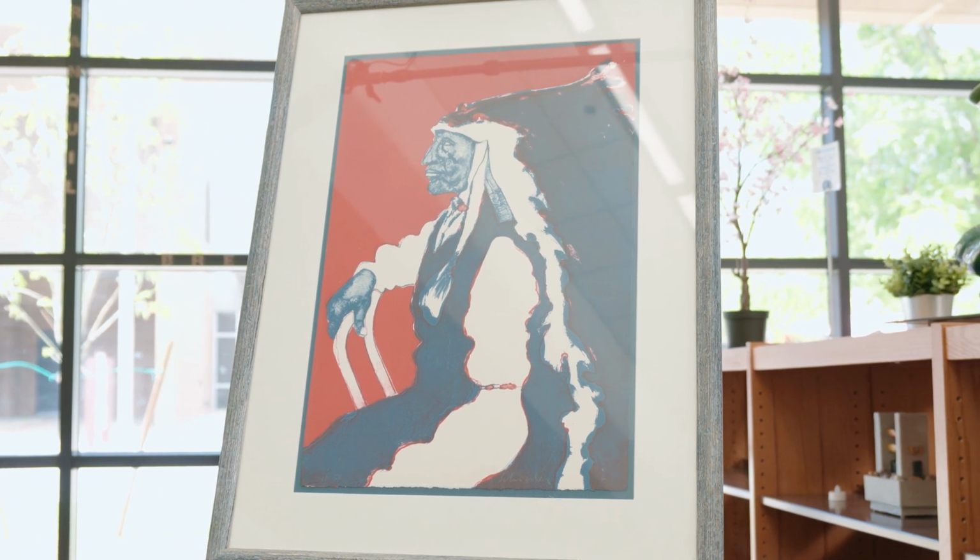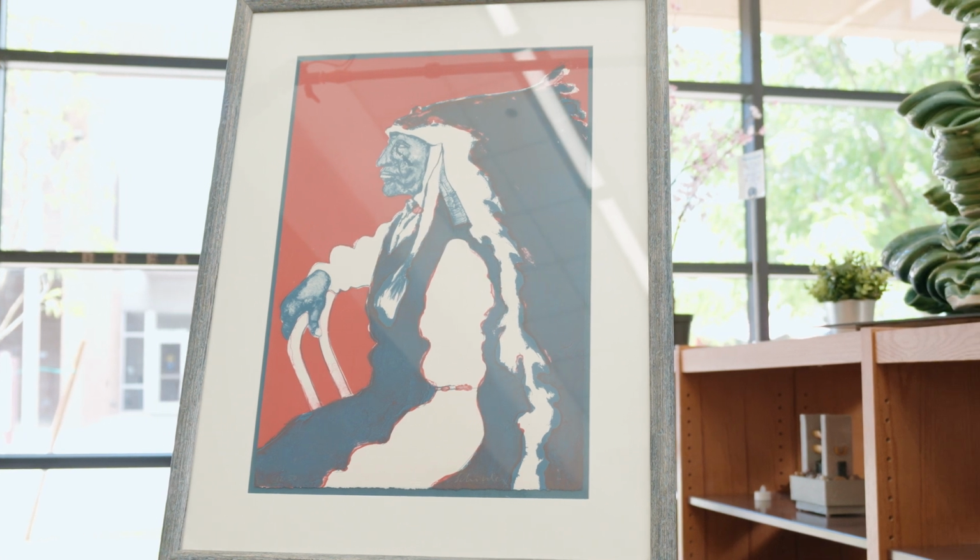Before his turn to Native subjects, he was celebrated as one of the most important modern artists in America. He had studied with abstract expressionists and was known as being one of America's foremost pop and abstract expressionist artists. So he took pop art, there are definite elements of pop art in this image, the bold graphic style, the very bright colors. So he took his prestige and his prior success of being a mainstream, if you will, painter,